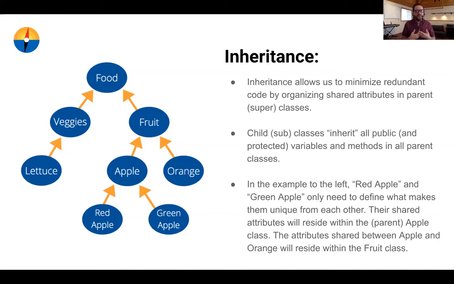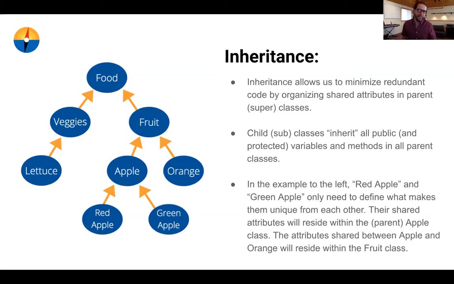And so this seems a little bit confusing at first, maybe when we're modeling it and trying to figure out what my inheritance hierarchy looks like. But keep in mind that, kind of like we described it here, oftentimes it shows itself over time as you're developing it, right? You don't necessarily start with the food class and work your way down. In reality, when you're actually coding, it's more like you're starting from the red apple or the lettuce class and working your way up, and you start to see that you're creating classes that have shared attributes. And that's the telltale sign that you should just create a parent class and have both of those classes extend